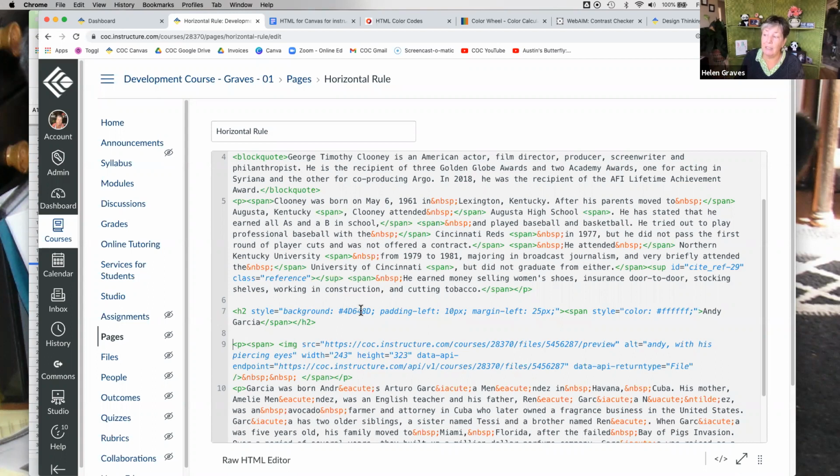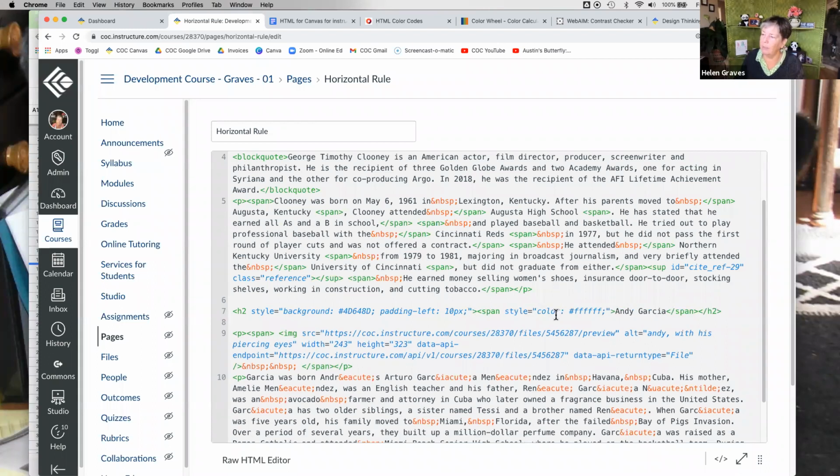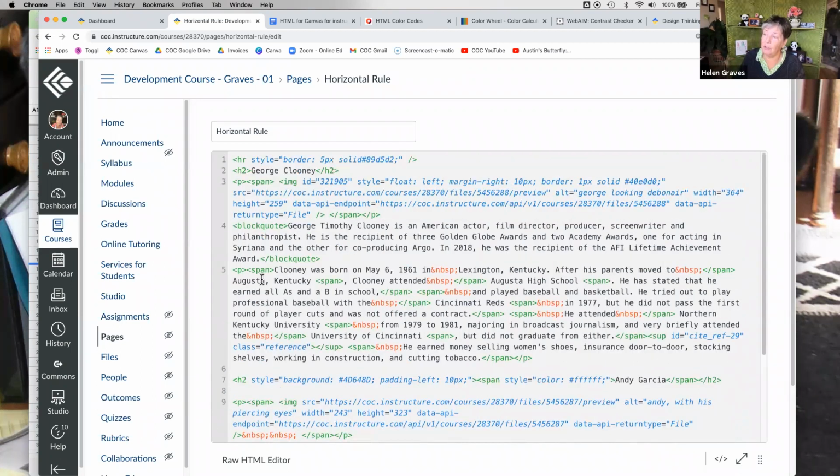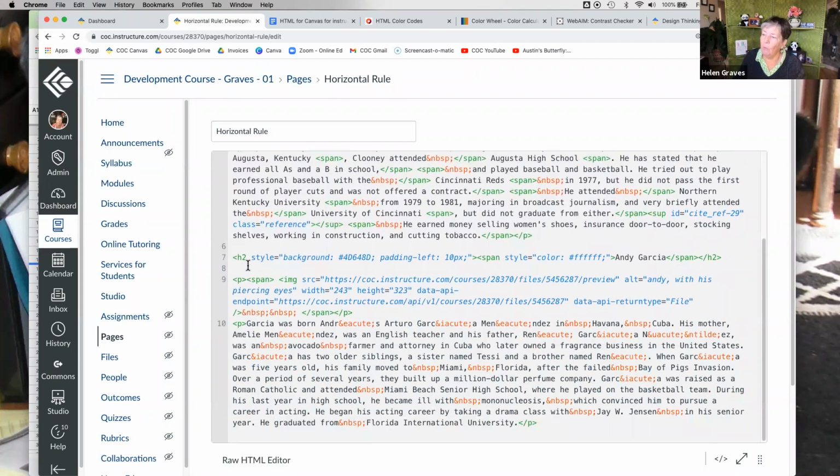And I gave it a 6-digit hexadecimal. I'm going to get rid of the margin because I don't really want it to have that white space after it. So that's all I did. The heading won't come with a style parameter. So if you're beginning this, you need to make sure you're adding the entire style equals quotation mark, background, and so on.